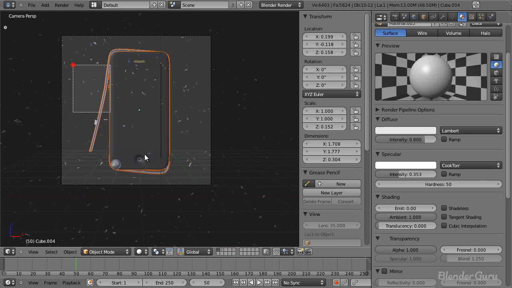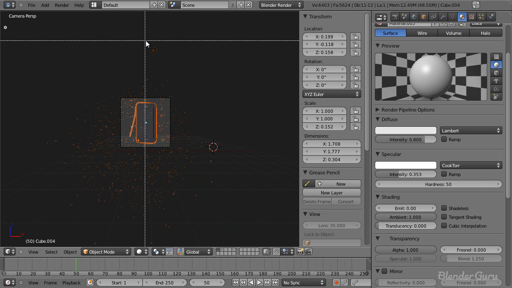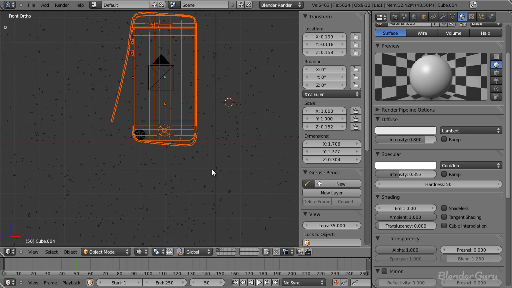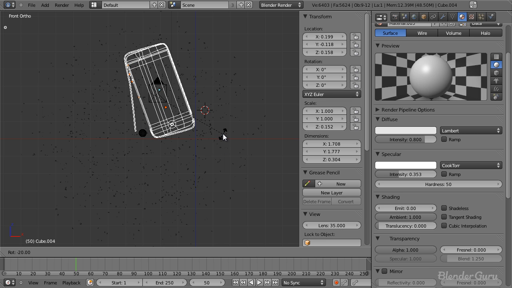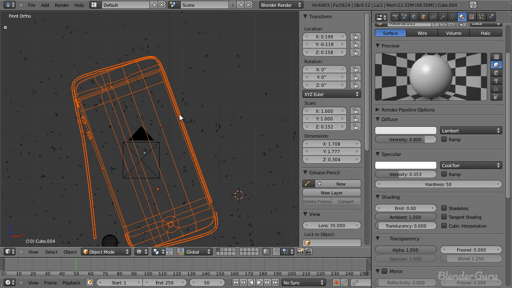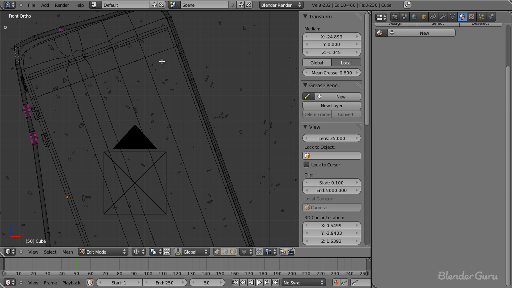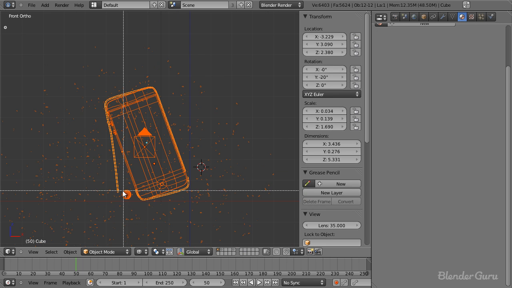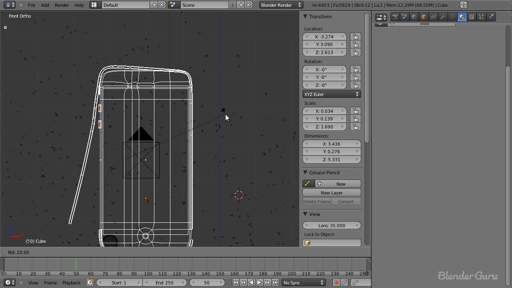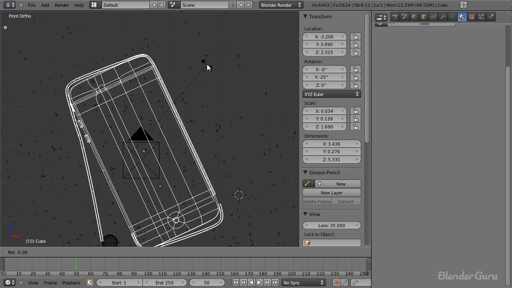Okay, so what we're going to do now is rotate the iPhone, and deselect the particles. You can see I'm holding down control whilst I rotate, and the reason for that is that if I wanted to come back to this and remodel something, it's very hard to model on a slope. So just as a quick tip, and something I've gotten into the habit of doing, always rotate in 5-degree increments, because if I want to, I can come back,